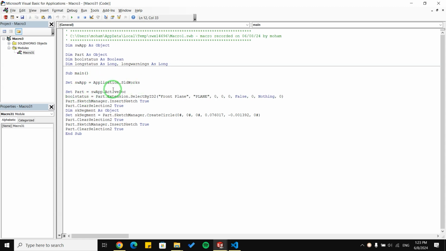And we have other lines here, for example, Set part equal to SolidWorks.ActiveDoc. And this is all you need to know about Visual Basic. The rest of it is very easy, and even if you're a beginner in programming, you can easily translate this Visual Basic code into Python code.